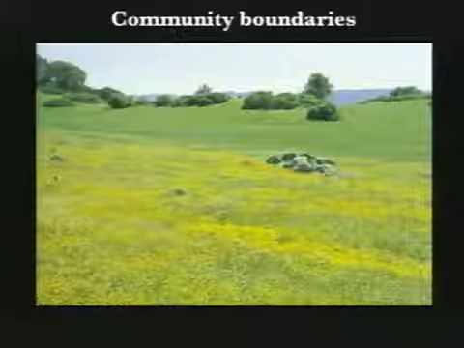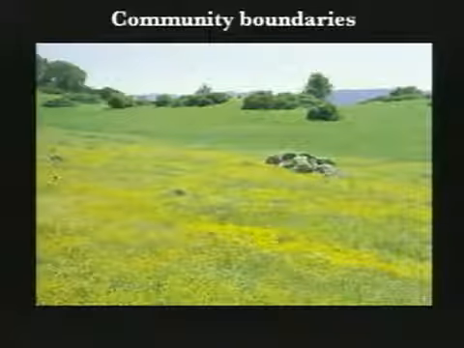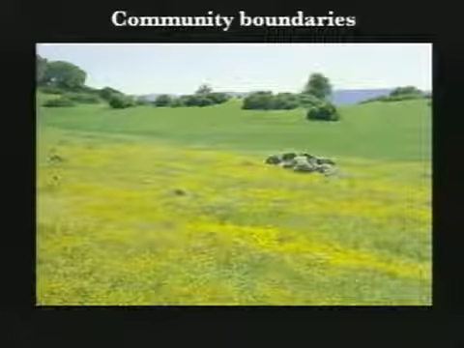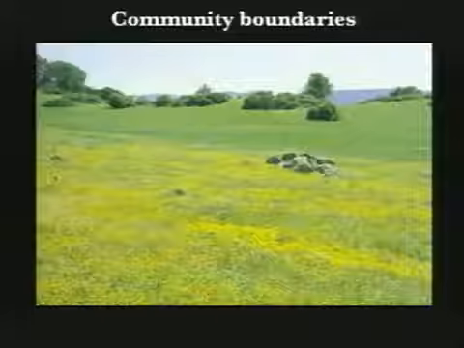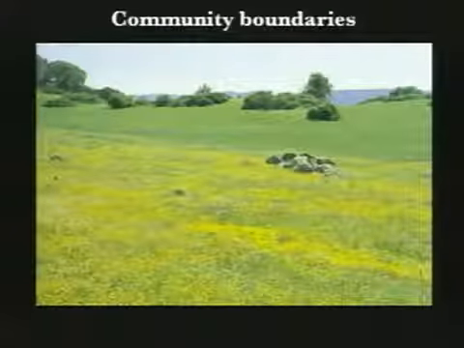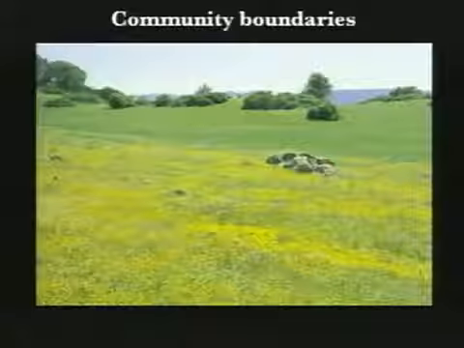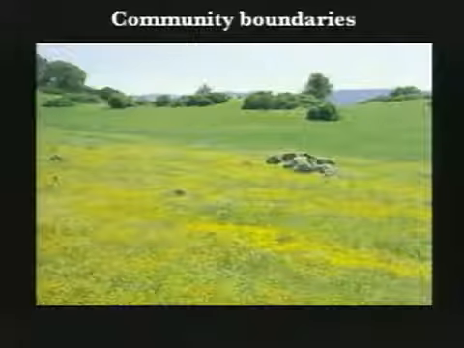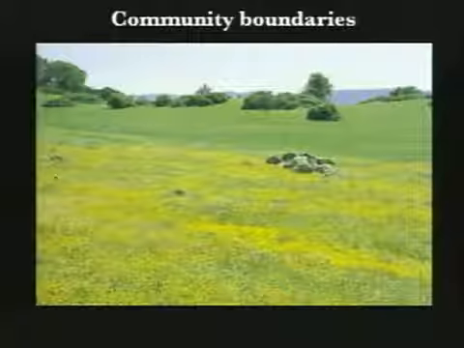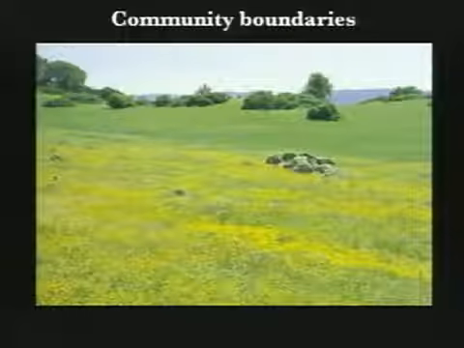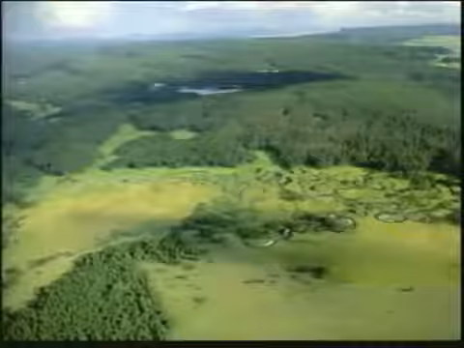These are communities, right? It's not just a single type of plant. There are multiple populations, multiple species. The insects will be different here. The microbes will be different in the foreground than they are in the background system. These are different communities. They have a pretty hard boundary as a result of a distinct physical boundary.